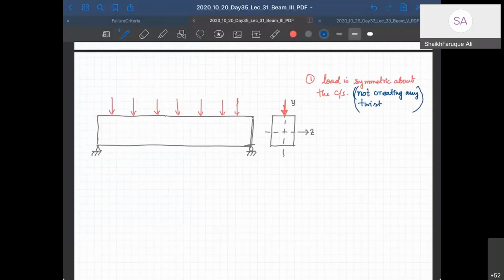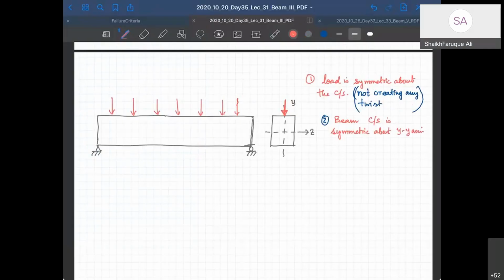Finish. First point over. Now the second point is the beam is symmetric. Beam cross section is symmetric about the y axis. Okay,